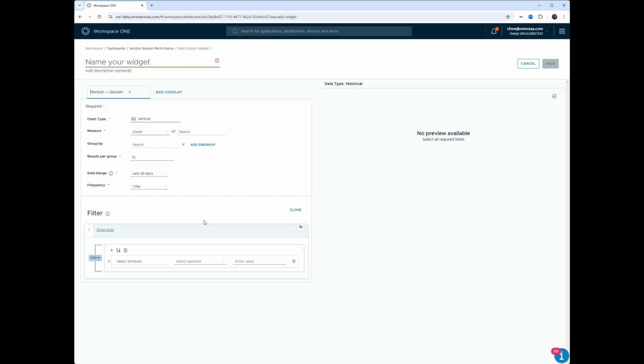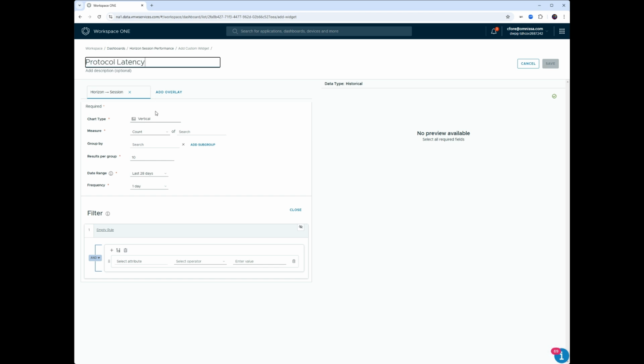From a dashboard design perspective, we're going to be covering client connectivity up top, and then we'll allow the dashboard to flow to the bottom where we're building out use cases for desktop performance, as well as getting into grouping desktop performance by various pools and RDS farms. So for the first widget, we want to look at client connectivity. And to do so, I'm going to pull in protocol latency. So I'll give it